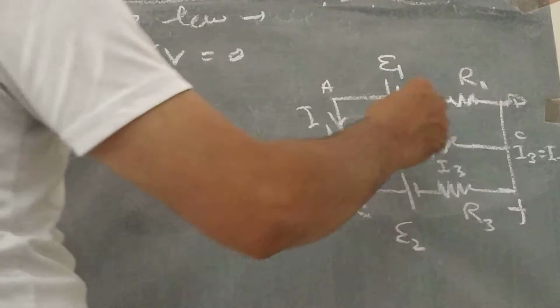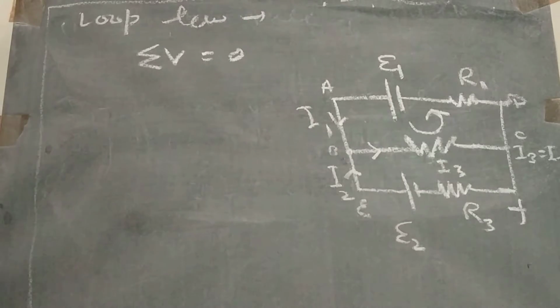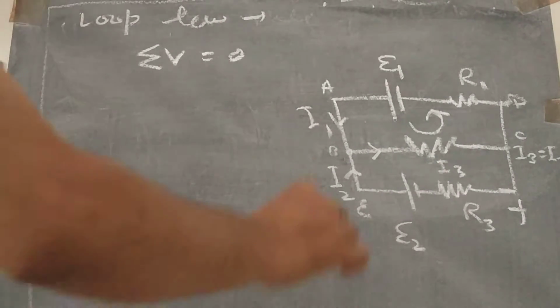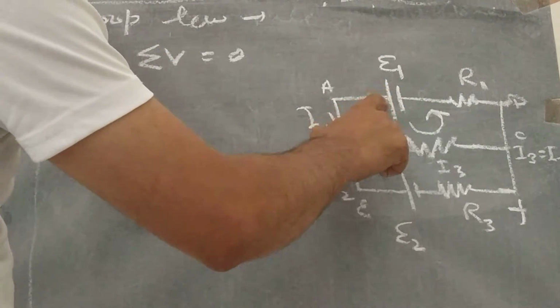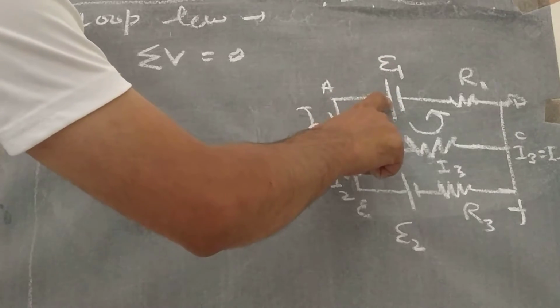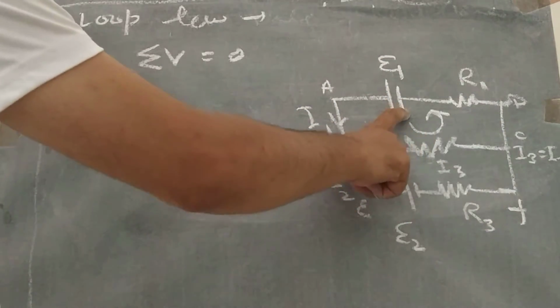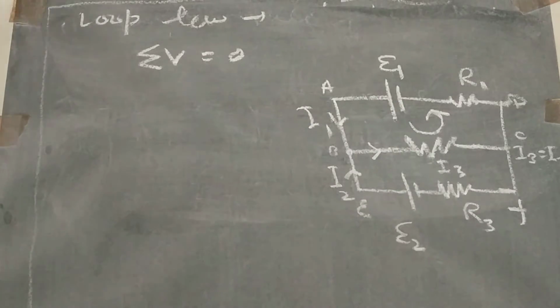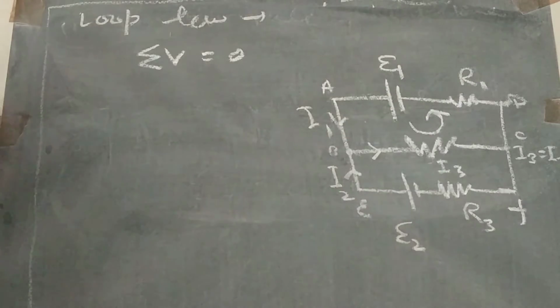So I am going to follow this loop in anti-clockwise direction. Here is again the convention. First convention is for EMF. If I start from one cell from its positive terminal, then EMF is taken to be positive. If I reach back to the negative, then EMF is taken to be positive. Because to start with the positive means to end with the negative.